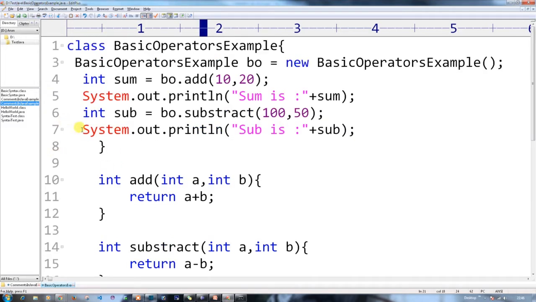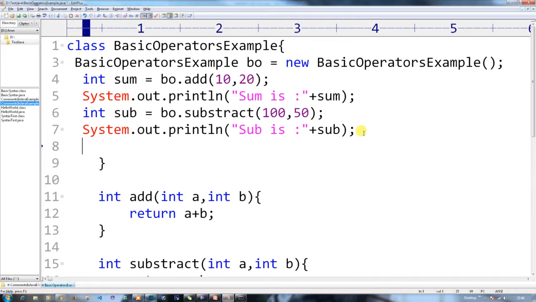The first time I created an integer variable and I called the method, and it will return an integer value, so I stored it into sum and I displayed sum here. So we can do it in a different way also. You can directly call it from the System.out.println,